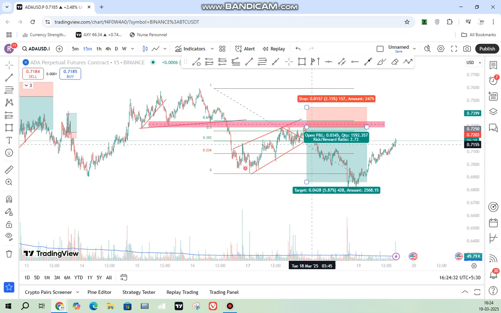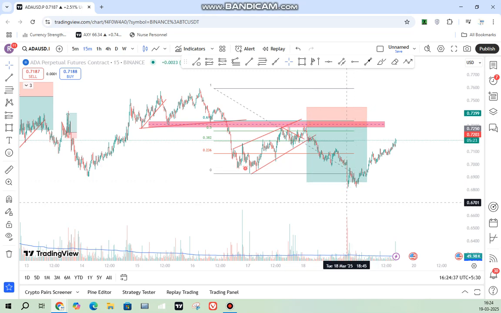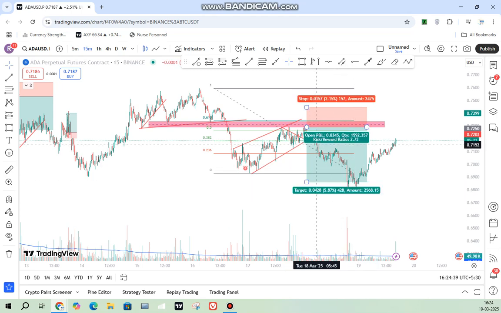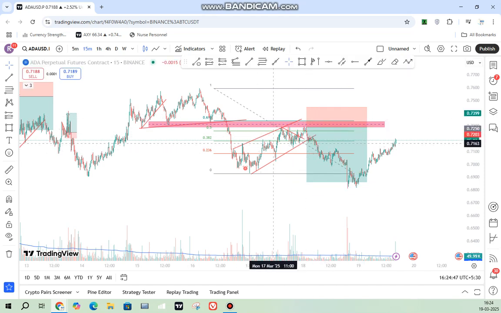But at night it fell down, there was a breakdown and I missed the trade. I saw it here, but it would not be a good, favorable risk to reward. That's why I didn't enter the trade. See, this is the beauty of limit orders. Market will go